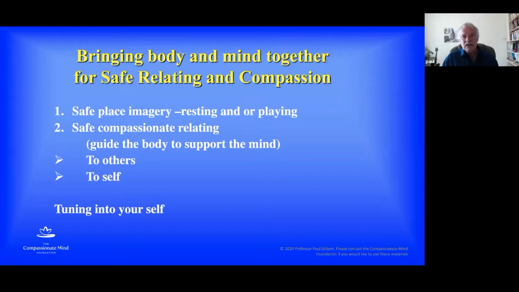The next thing that's quite useful when you're doing this safe place is to imagine your relationship to the place itself. Okay, so this is a place that's your place, right? You can have people there, or you don't have to have people there. It's up to you. If you want to have your friends there or people you love there, that's up to you. If you want to be alone for a while, that's up to you. It's completely up to you how you want to experience this place.